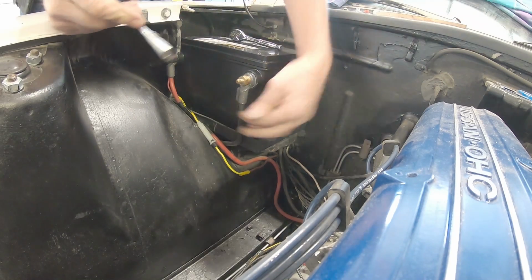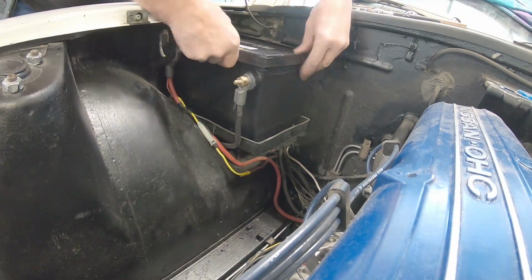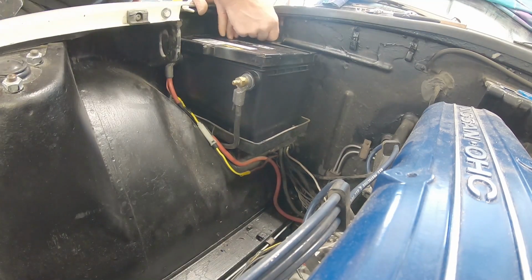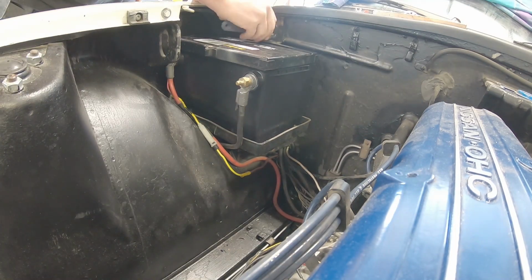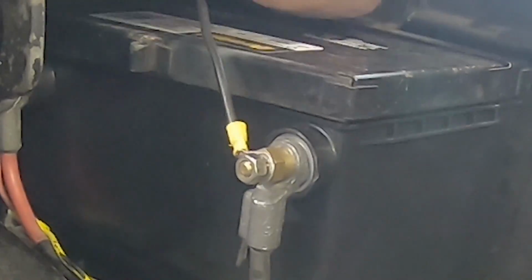It's on the ground side. Cars always had problems, just like old Volkswagens. It's always had problems with the grounds. Grounds are always hard to trace out on these cars. Can give you weird problems with things. So